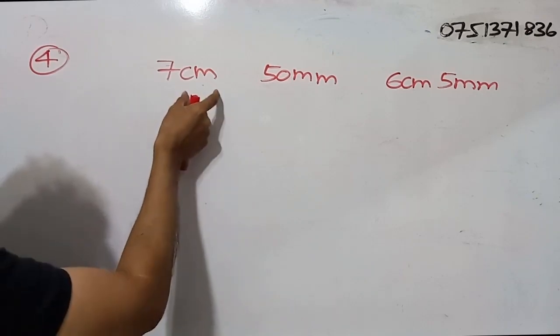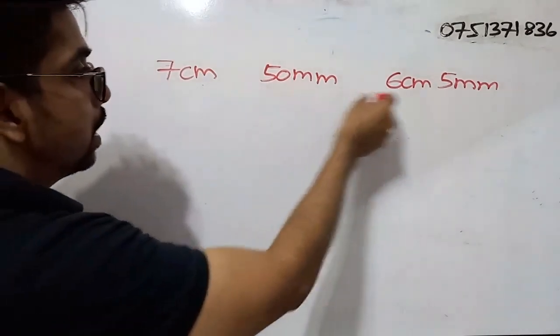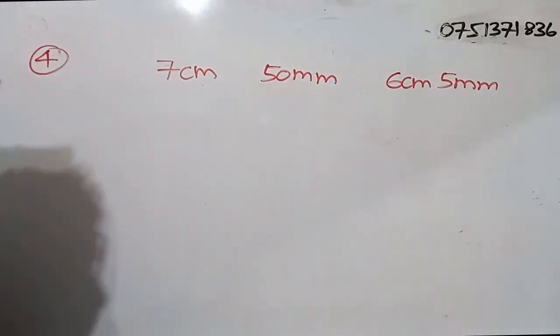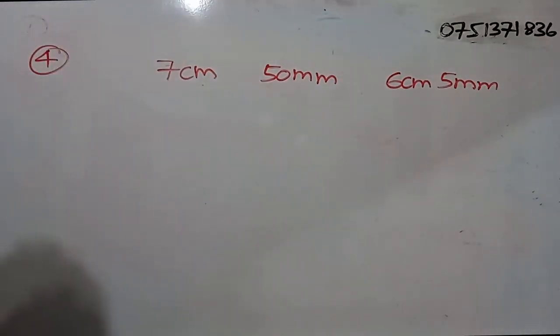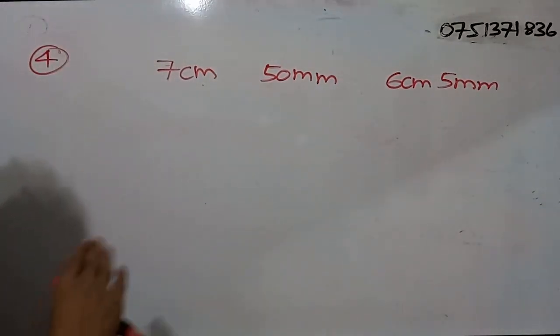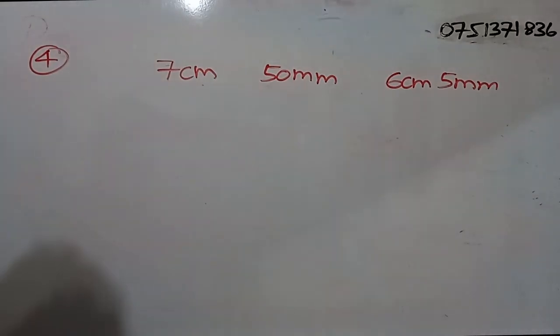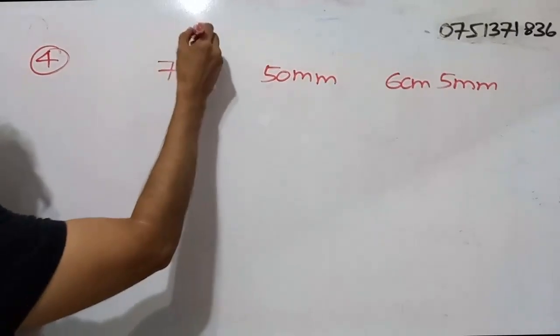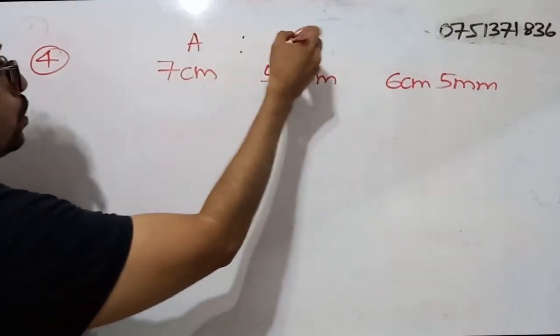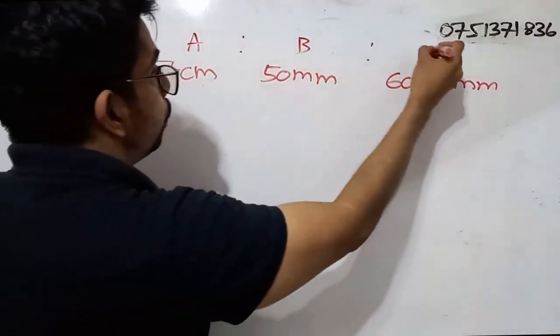So here we have centimeters, millimeters, centimeters and also millimeters. So the very first thing that we need to do is convert all these 3 units into 1 unit, right? So I will take this as A to B to C,